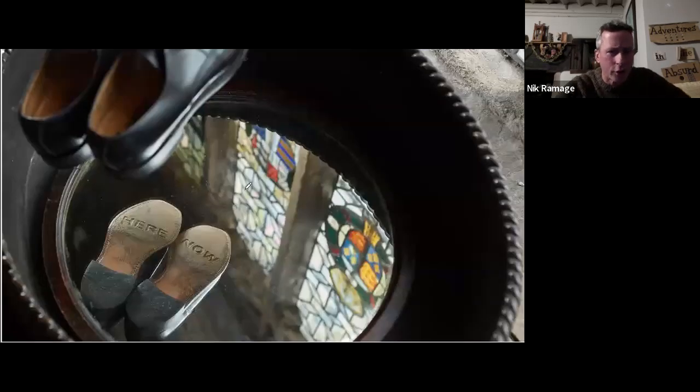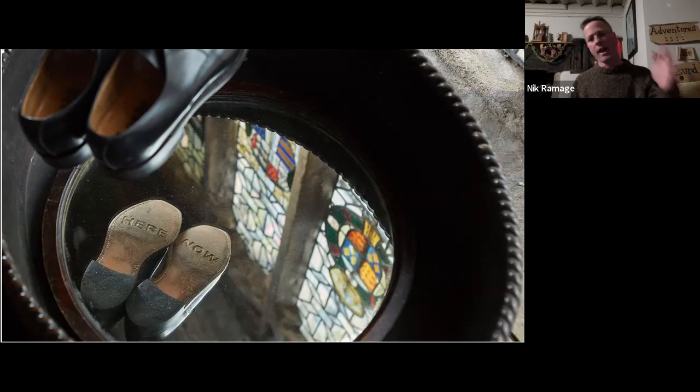I do like shoes as a stand-in for people. So this is Here and Now shoes, and you can see the two words here. If you imagine wearing these and walking along a sandy beach, your left foot is going to be marking points in space, here. And then your right foot is going to be marking points in time, now. So it's like a spatial and time journey just from a set of footprints.